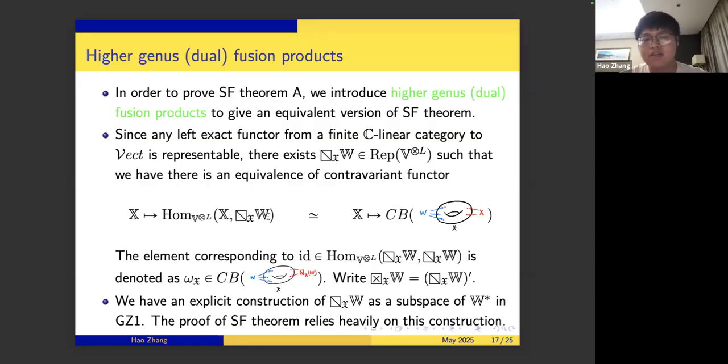So through the equivalence of contravariant functor, you can identify this Hom space with this conformal block space in a really natural way. If you choose X to be this V tensor L module, then you can consider the identity map in this Hom space. Then through the isomorphism of the contravariant functor, you can find omega X in this conformal block space. And this is called the canonical conformal block. And the conjugate module of the dual fusion product is denoted as the fusion product, and this is called the homogeneous fusion product. And this construction is quite